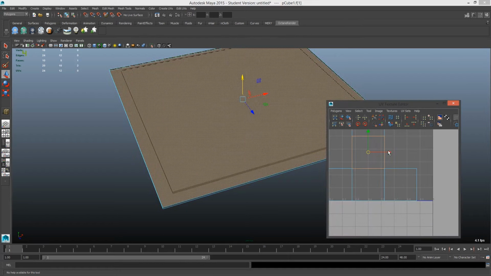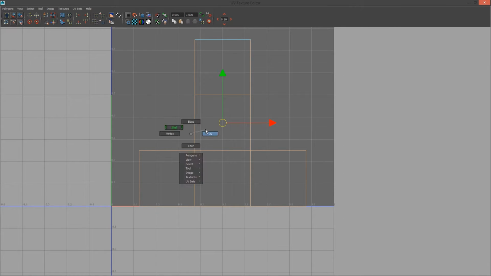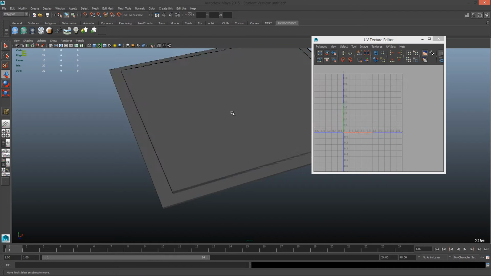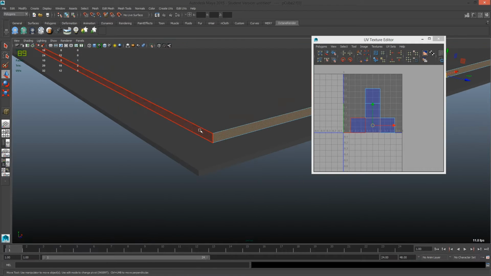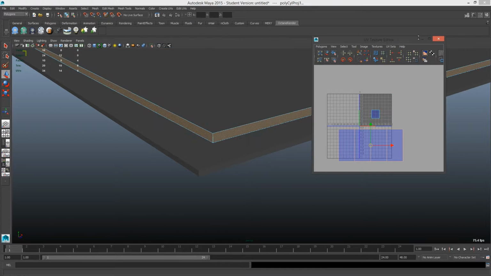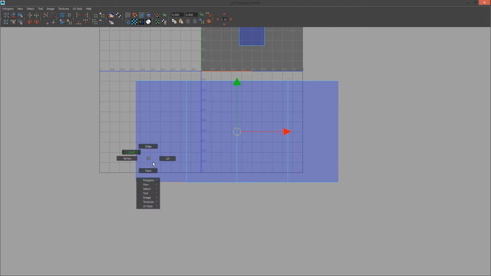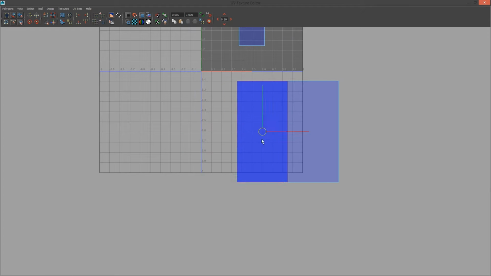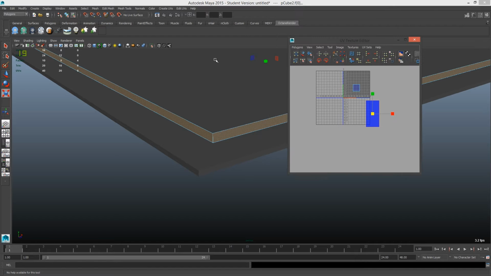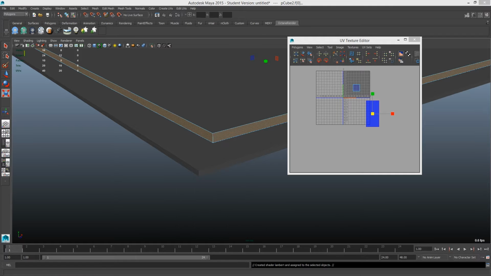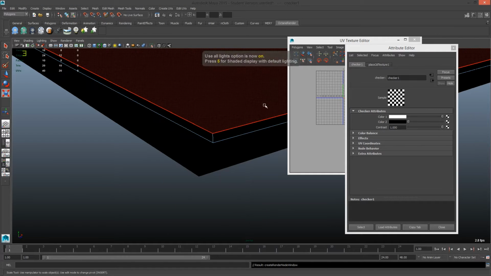Here I'm already creating the second one and quickly rearranging the UV. Put that to the side. The bottom will be just white, so I don't need much space. Here I'm isolating the edges. They will be plain white too, so we can just take them and move them over to the side,